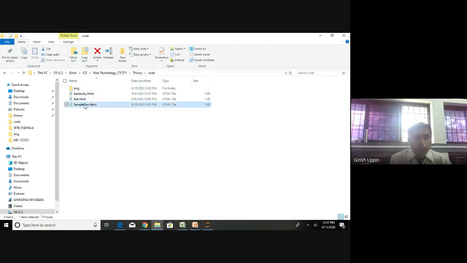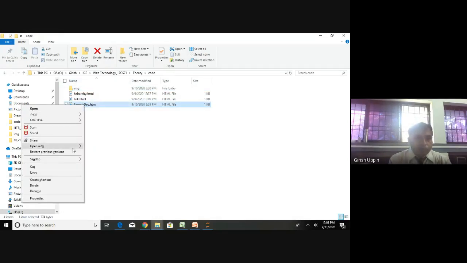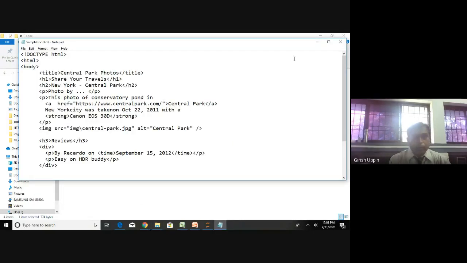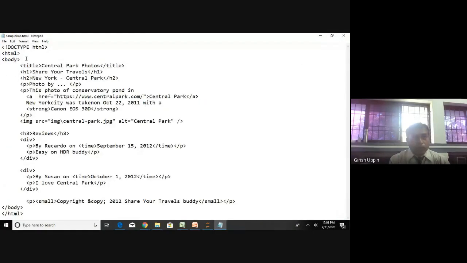This is the sample doc, opened with Notepad. It's the same document. The only addition is that I have included HTML. As I told you yesterday, in HTML5 the HTML tag and body tag are all optional. It is not really required. I have an additional thing, a title here,